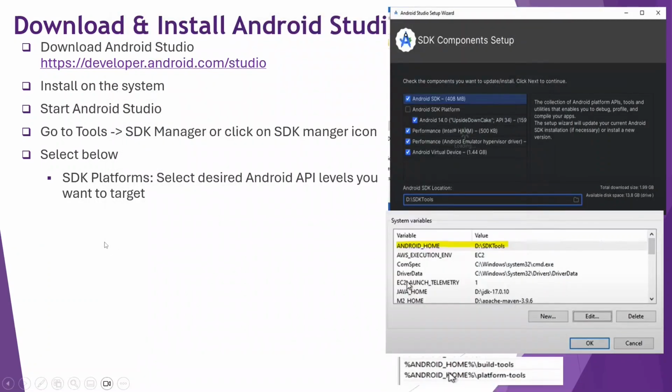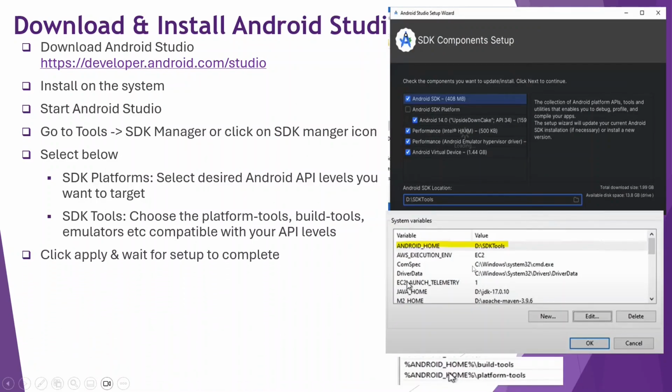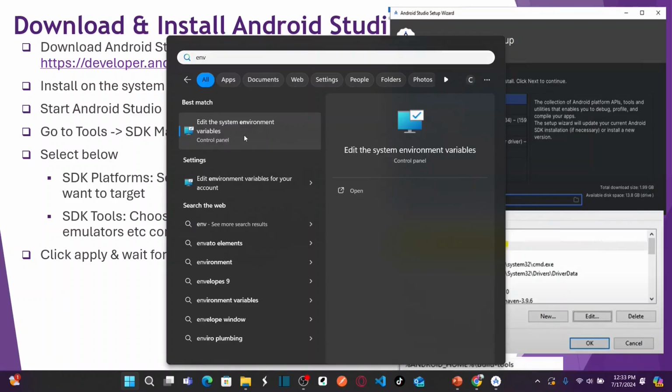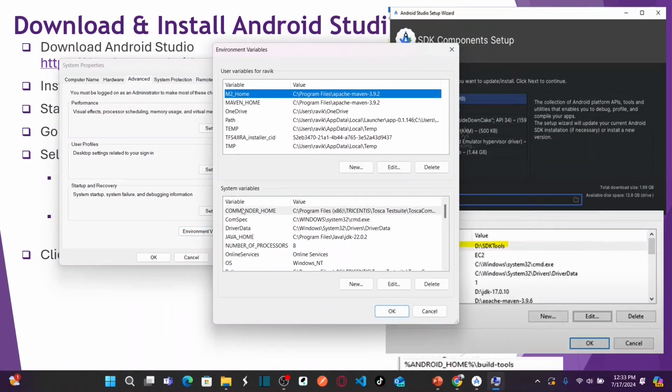So now we need to set up the Android home. So if you see here, how can we set up Android home? Let's go to environment variables. And here go to environment variables. At system level, I would like to create a new variable called Android home. Let's see first, do we have any Android home? We don't have any. Click on new,